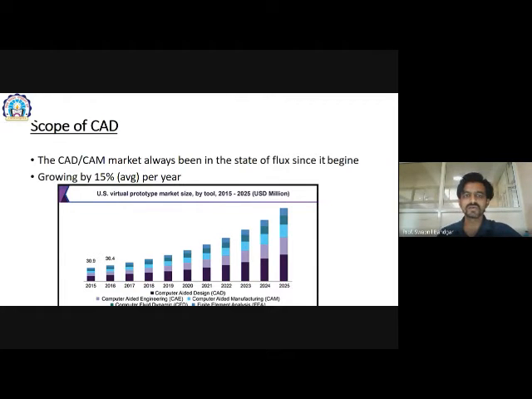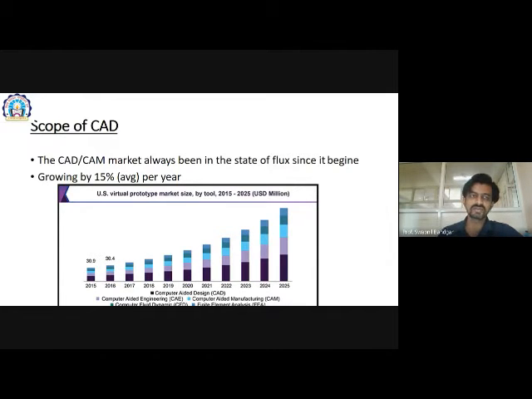Okay. So if you see the market size of the CAD tools, it is in USD millions, at 30, then 36 million. And in the next 5 years from now, it almost doubles every 5 years.